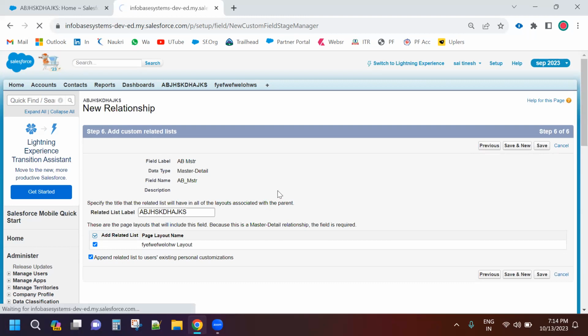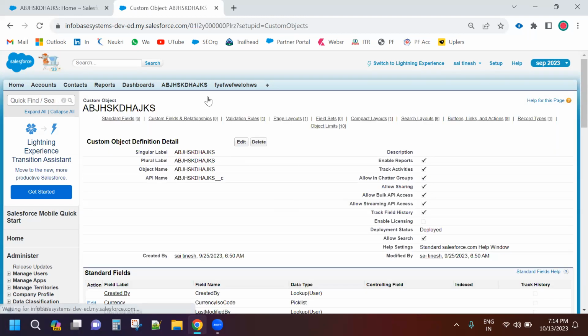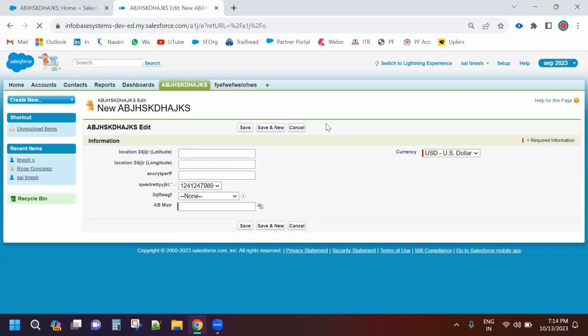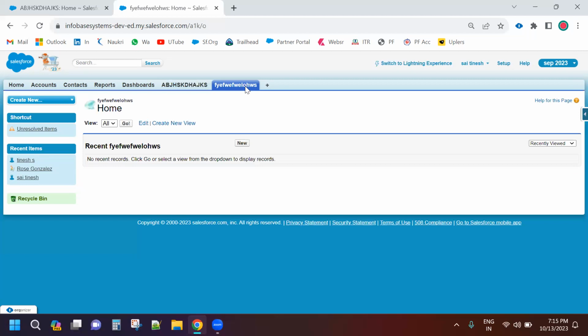So our master detail relationship has been created, right? So now go to your object and check whether the field has been created or not. It's been created, right? So now the field has been marked as mandatory. Yes or no? Mandatory. Yeah. So now what happens? You need to relate this master detail relationship for this object, right? In order to get the record from this object to this object in the form of master detail,